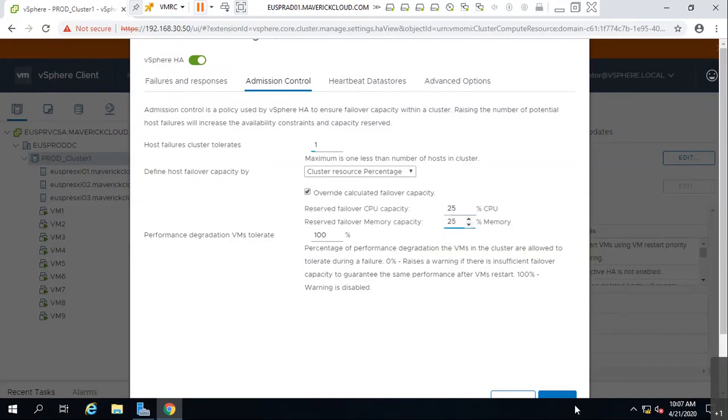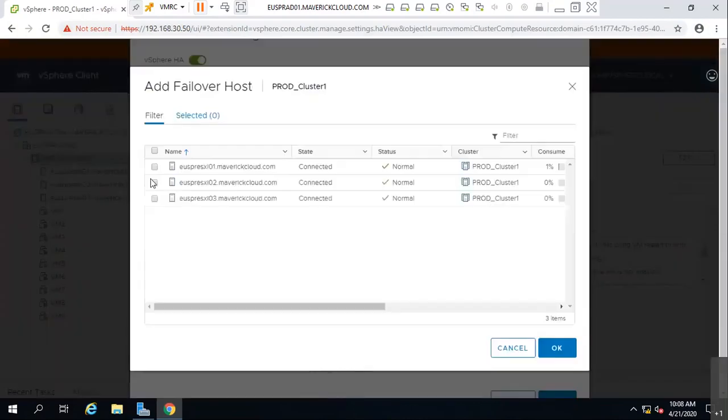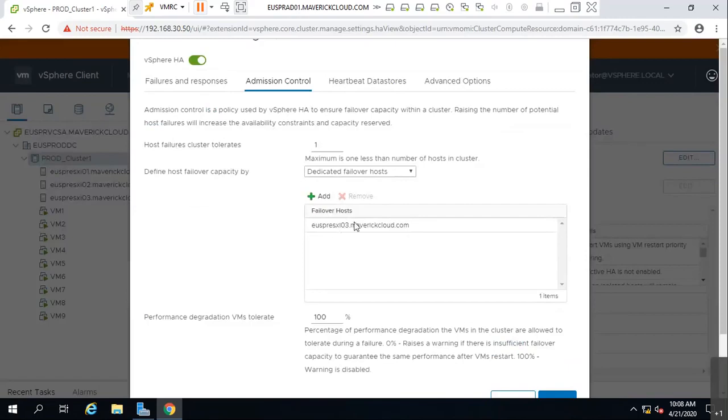That means it will not follow the other option, it will follow this option. The other option is dedicated failover host. Select which host you want to keep in reservation. Means if I say this host will sit idle for lifetime and the rest of the hosts will be in production, when a production host goes down, all the VMs will come onto this host and restart. That is another option.